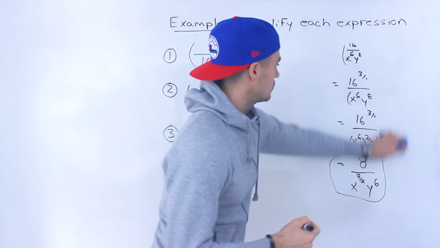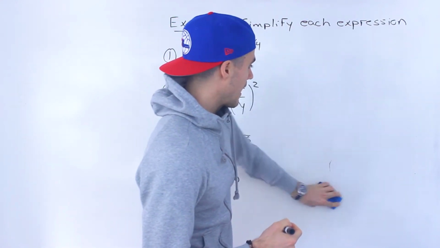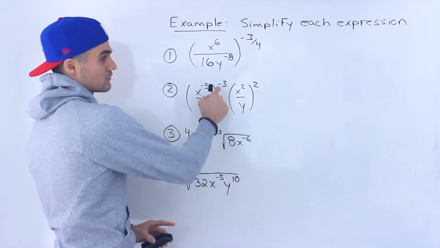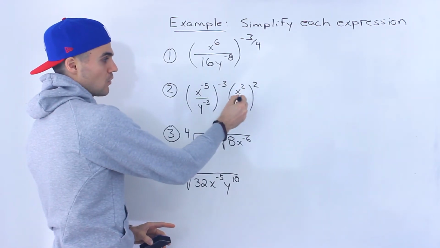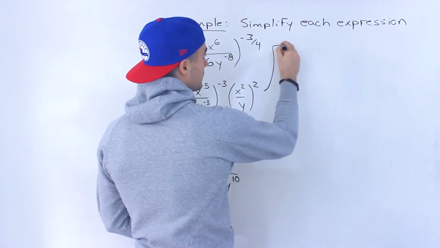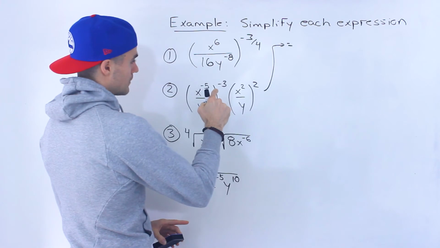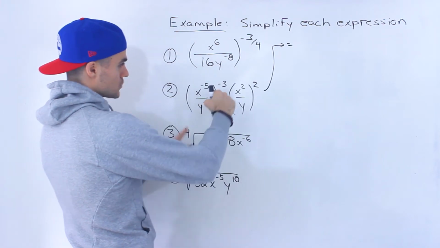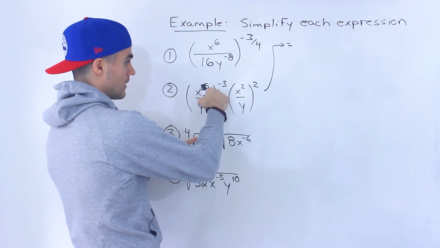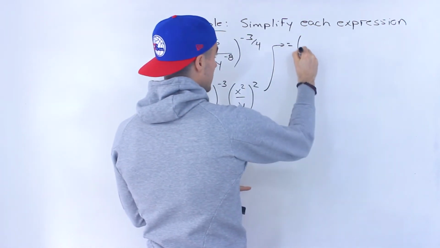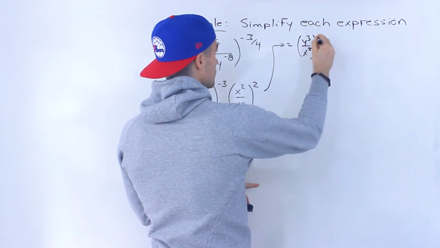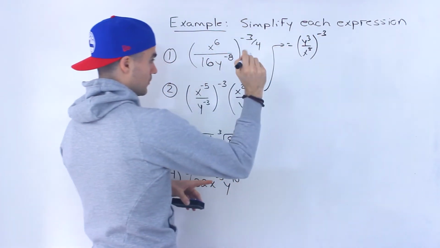Now, number 2, what do we got here? We have x to the negative 5 over y to the negative 3 to the power of negative 3, and then x to the 2 over y, all to the power of 2. So first thing I'm going to do with this one is I'm going to switch these up in the bracket over here. So y to the negative 3 I'm going to bring up, and then x to the negative 5 I'm going to bring down. So this would end up being y to the 3 over x to the 5,